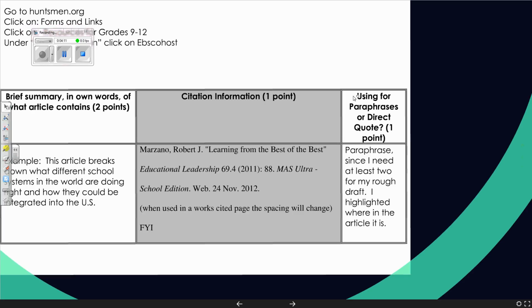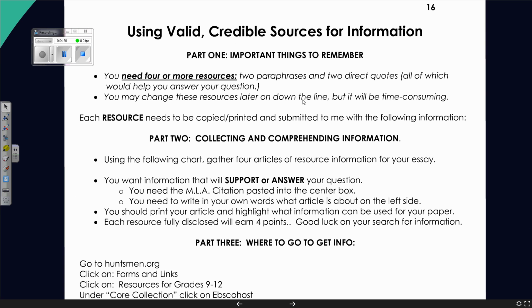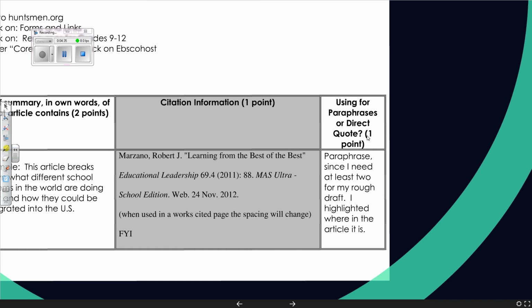Over here, I need you to think briefly about what kind of job this article is going to serve in your paper. Are you going to put information in your own words? Like there's tons of stuff about, like, I don't know, Ricky Bobby, and you want to put it all into your paper. So you're using it for a paraphrase if you're going to put in your own words, or you're going to use it for a direct quote. Please realize you have to have 2 and 2. The reason why this is a good time to make a choice if you're going to use a direct quote is because you can